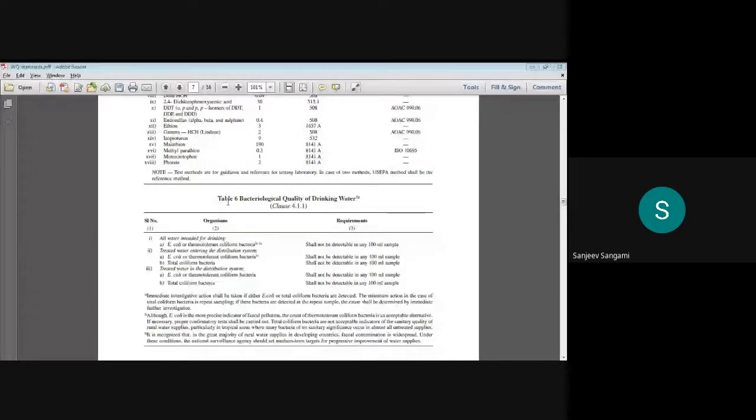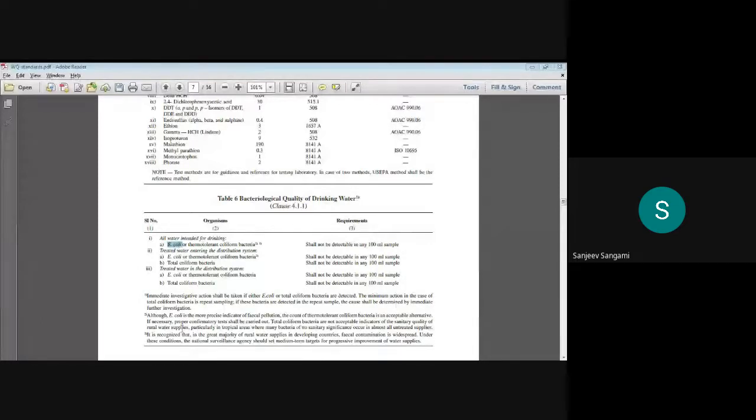So physical parameters we have listed and the chemical parameters we have listed. Okay, so the bacteriological water quality parameters, especially E. coli, is one bacteria which is definitely going to harm our human body. This E. coli is present in our human feces. Okay, suppose you do not protect it or do not kill it, definitely it will enter a water body.